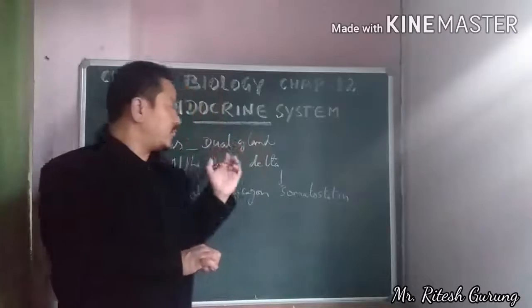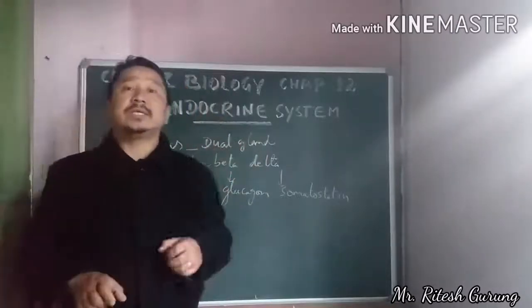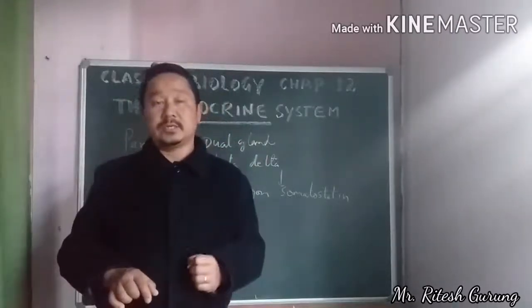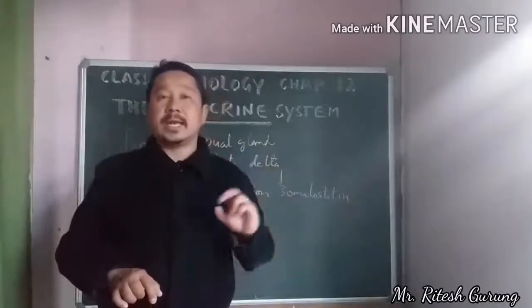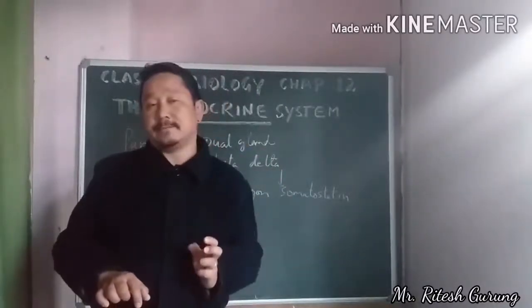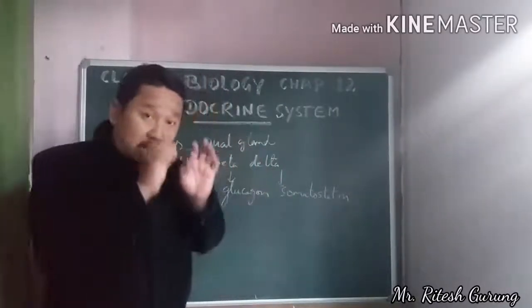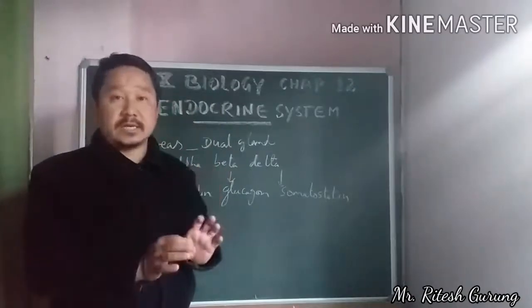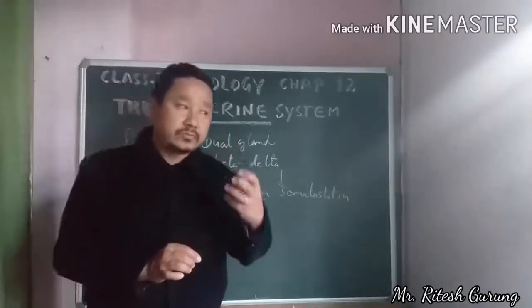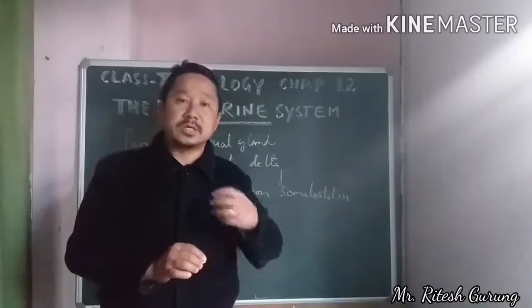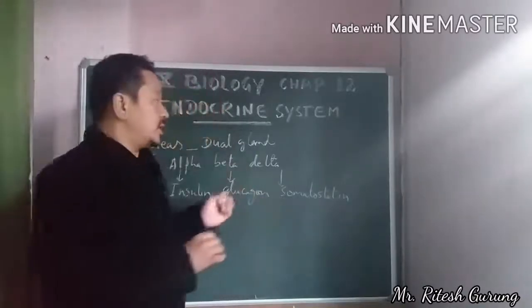So this pancreas is regarded to be the dual gland containing both duct and ductless gland. All right, so that ductless gland, a cluster of cells you see out here, is called